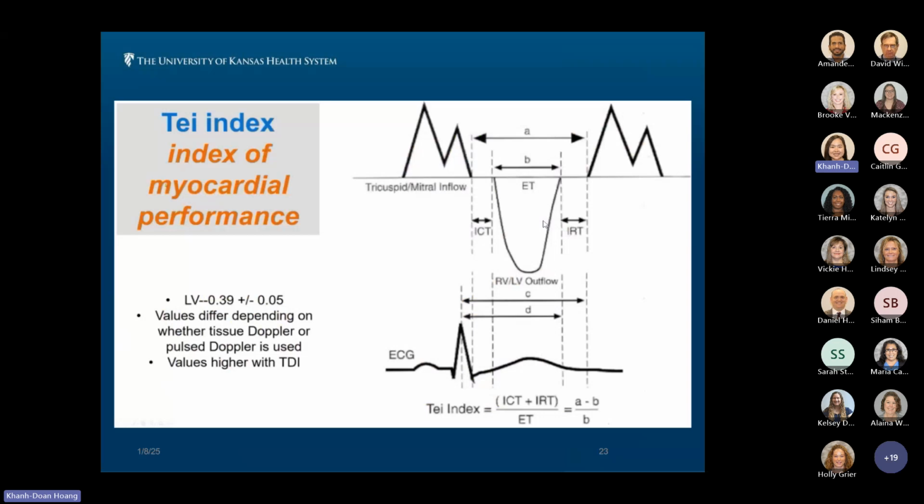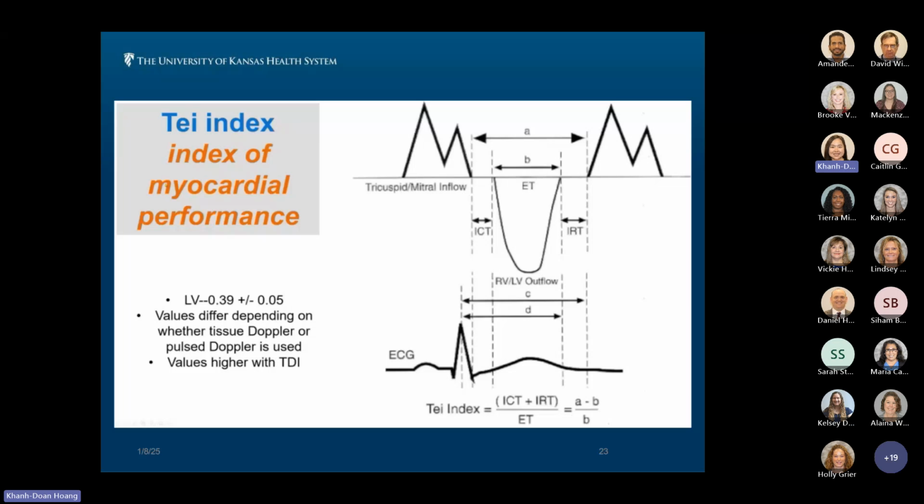And then you subtract interval B from interval A. So after that subtraction, you're going to be left with a total time of the combined isovolumic contraction time plus the isovolumic relaxation time. And the Tei index is calculated as the isovolumic contraction time plus isovolumic relaxation time divided